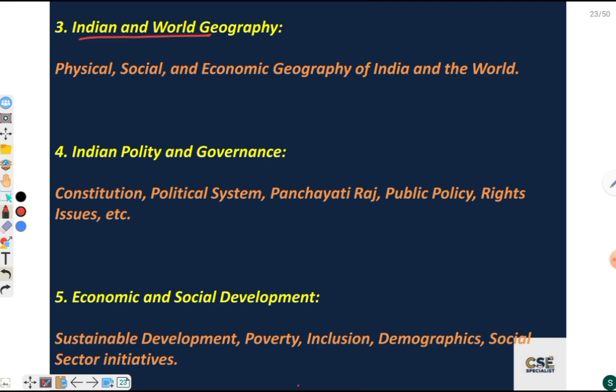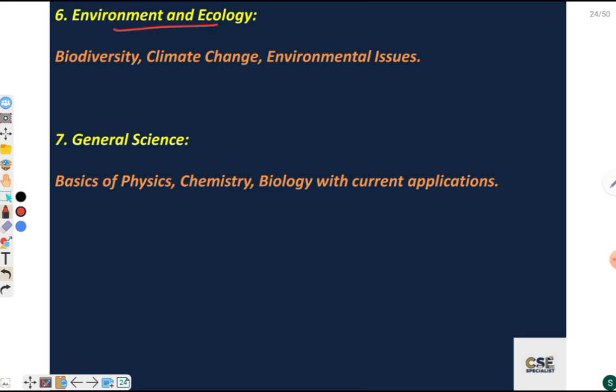Indian and world geography: here you have to read the physical geography, social geography and economic geography of India but also of the world. In Indian polity and governance, you have to cover the constitution, political system, panchayati raj, public policy, rights issues, etc. Next, in economic and social development, you have to cover sustainable development, poverty, inclusion, demographics, social sector initiatives. In environment and ecology, you have to cover biodiversity, climate change, environmental issues. And in general science, you should have basics of physics, chemistry, biology with current applications. This is what the GS1 syllabus of